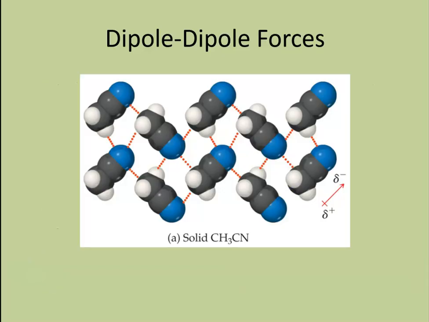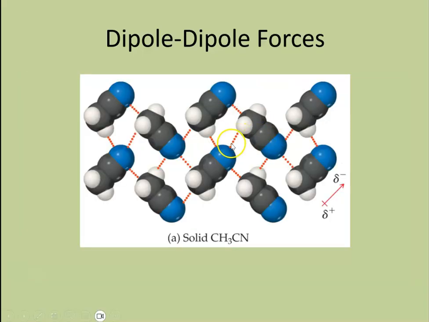The example that's here is this molecule called acetonitrile. Its formula is CH3CN. There is a CH3 here, there's a carbon in the middle, and then there's a nitrogen on the end. The CH3 end is the partially positive end of the molecule. The nitrogen end, the blue end, is the partially negative end of the molecule. And you can see that